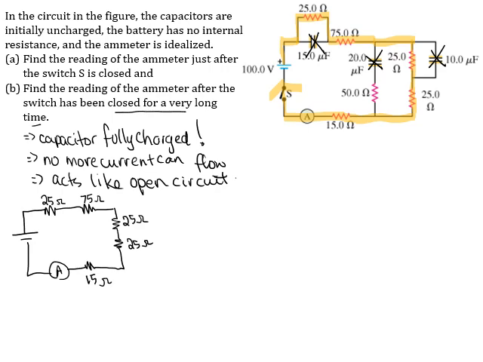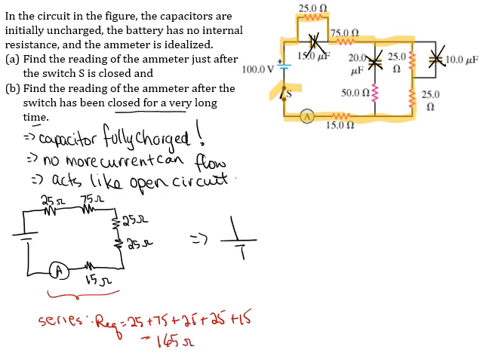All of those resistors are in series. So the equivalent resistance is 25 plus 75 plus 25 plus 25 plus 15 equals 165 ohms. So we can draw a new circuit diagram where I've got our battery, the equivalent resistance, the ammeter,